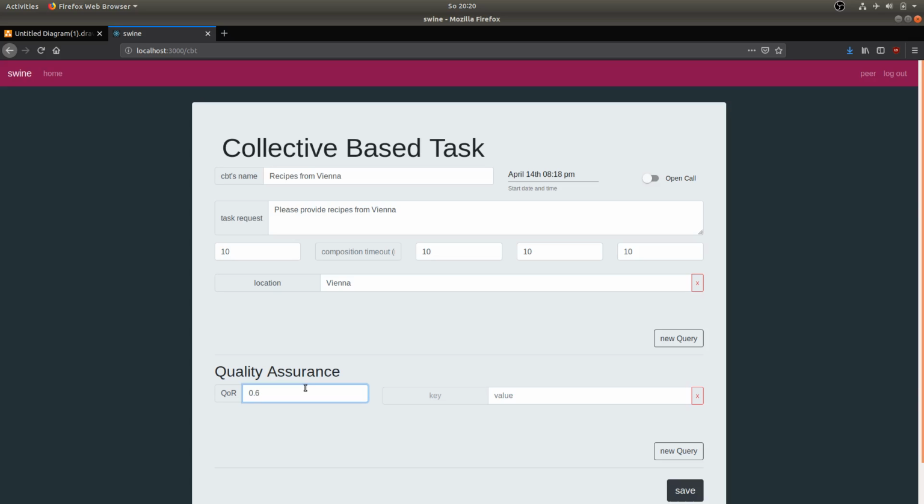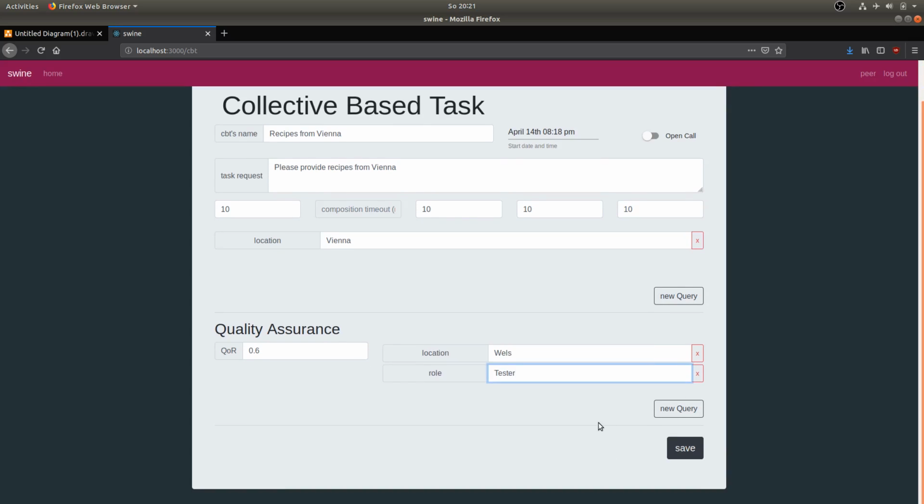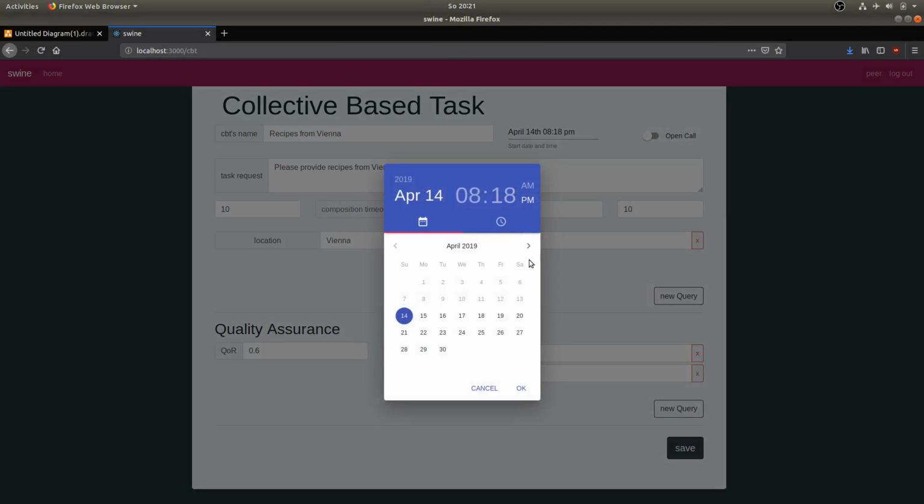So let's say we want the quality of result to be 0.6, and then we want the peers of the collective that is going to be solving the quality assurance to be from Wells. And we can also, for all of these, create peers dynamically. And let's say another parameter that I want to give is the role, and let's say the role is a tester. I actually, this wouldn't be scheduling, because we already passed the